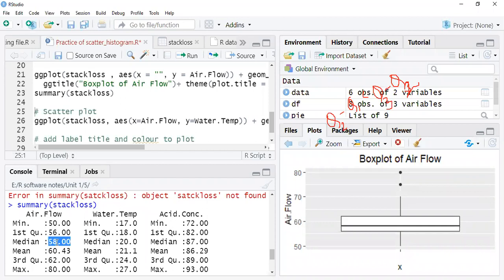So 2 is less than 4, correct? So this is satisfying. If this is satisfying, that means it is positively skewed. Okay, so this is a technique you can understand exactly. If you are finding difficulty analyzing your box plot, you can always check that concept. You can always go for the mathematical approach.